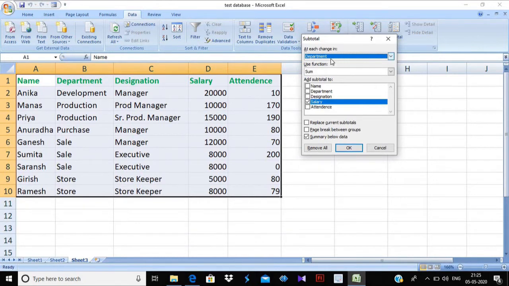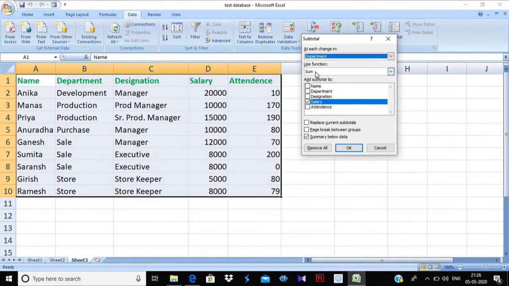Here it is department. According to department I will distribute salary, or we can also distribute according to designation. According to name it is not beneficial, because names may be different and not the same, so it will not give me the same number after that. So according to department I will go.